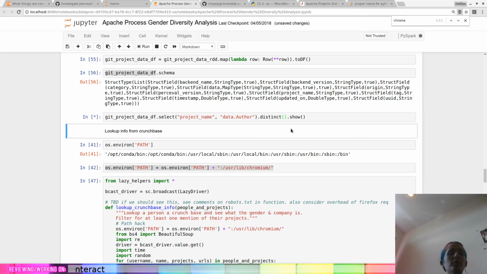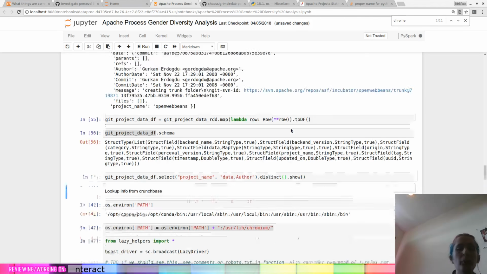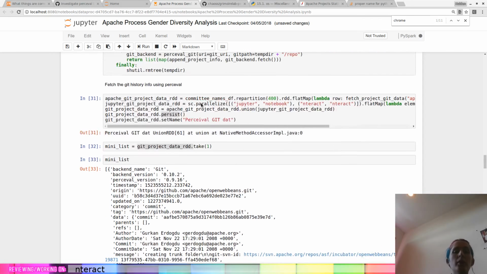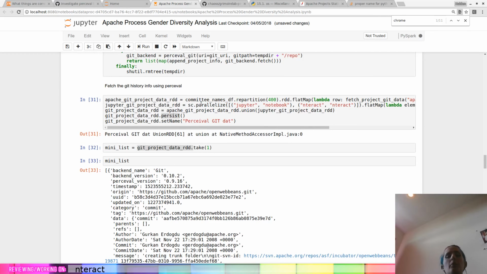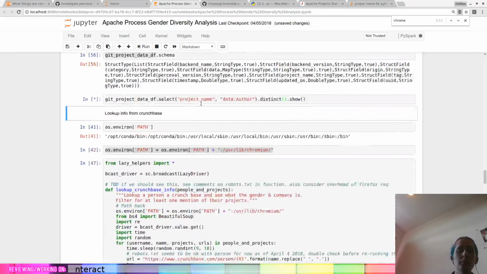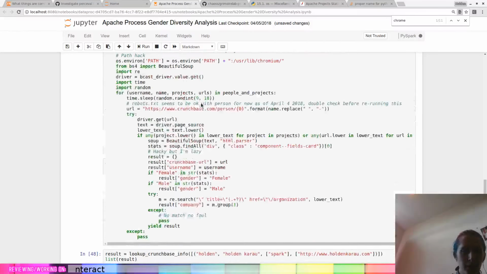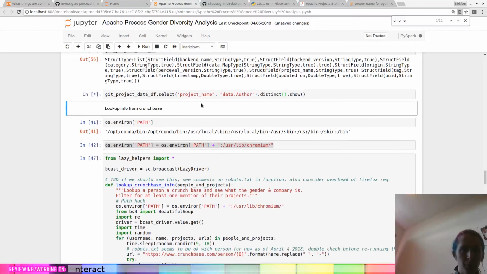Although actually this is perhaps a good interlude. Even though I've been doing things like take one here, that only forces evaluation on one partition. That's cool, it's better than nothing. But our data here, I have manually forced it to have about 400 partitions, because I want us to actually have parallelism in fetching of the data. Scroll back down to wherever I ran that command. Okay, yeah, so it's still running.